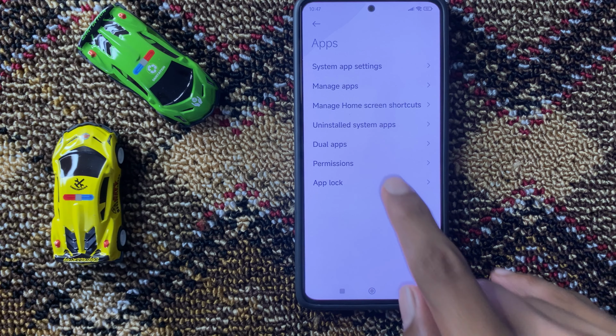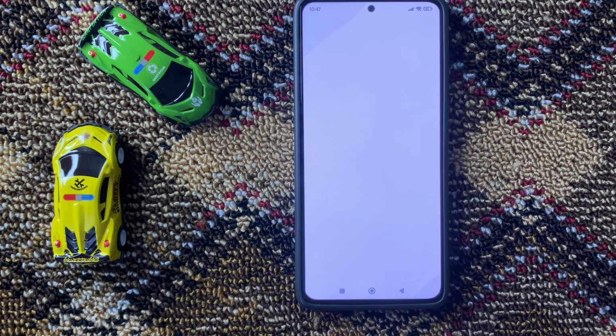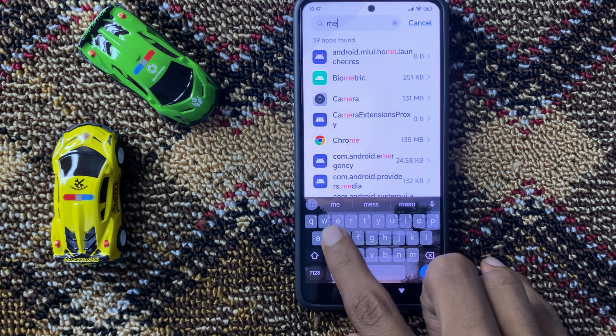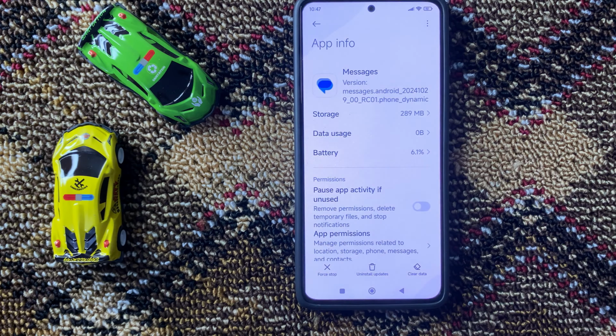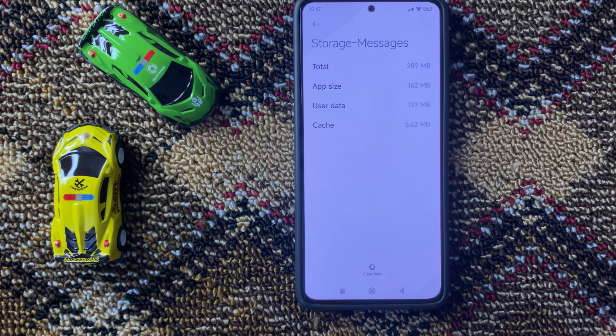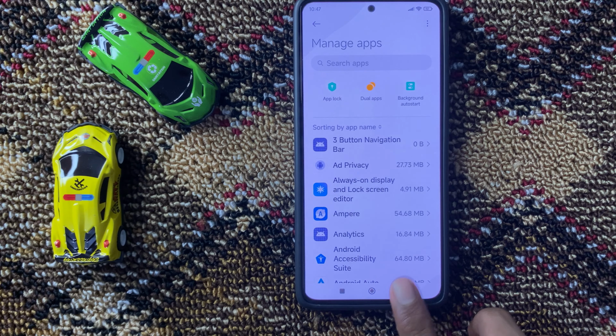And then click on manage apps and search here messages. Now click on storage. Now here you can clear your messages storage. After clearing your messages storage, then go back and click on